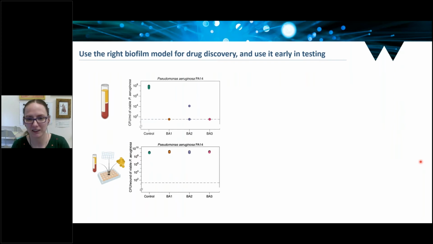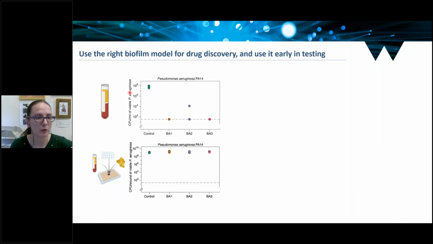And the last thing I'd like to show you really comes back to the idea I mentioned right at the beginning, that different biofilm infection environments can trigger the same bacterium to have very different antimicrobial susceptibility profiles. So let's look at Pseudomonas aeruginosa, which is a very flexible opportunistic pathogen. It causes lung infections in cystic fibrosis. It causes wound infections in diabetic foot ulcers. If you're immunocompromised, there's really no organ or tissue in your body which this bug cannot invade.